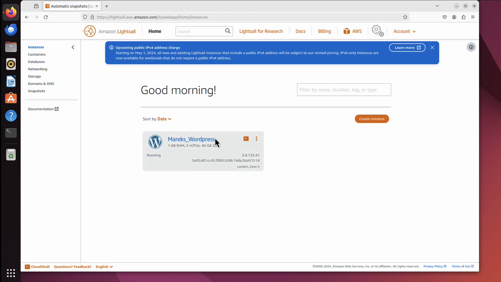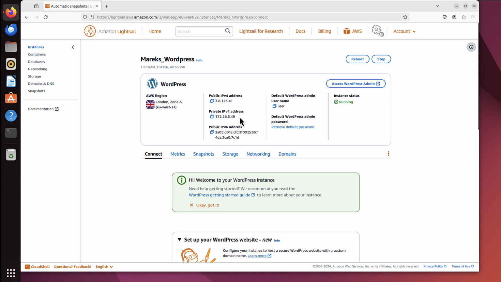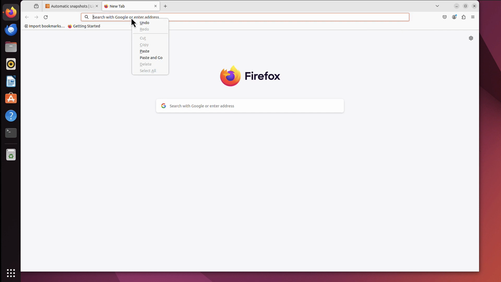And you can see this now is blue and I can click on it. This will give us more information about our server. The most important bit is the public IPv4 address. But what you can also see is Access WordPress Admin. This is the admin console for WordPress, and we will get back to that soon. First of all, let me copy that public IPv4 address. So I click on those rectangles, I click plus to create a new tab, and I will paste it here.